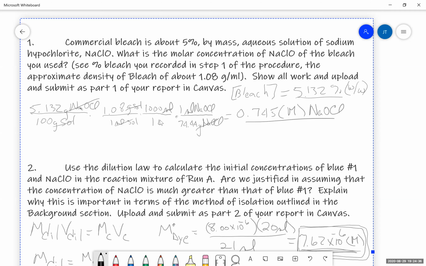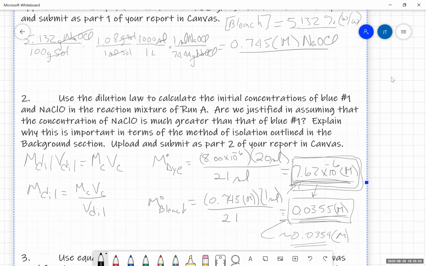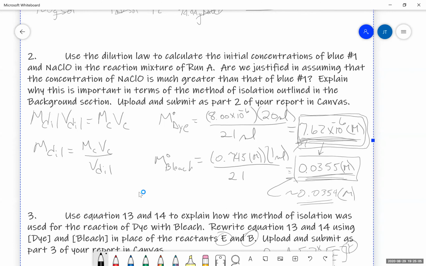Then you convert from milliliters to liters because molarity is in moles per liter. And then that leaves me only converting the grams of bleach to moles of bleach using the molar mass, 74.44. And that comes out to be about 0.745 molar. All right. The next question is I have to calculate the initial concentrations of the dye and the